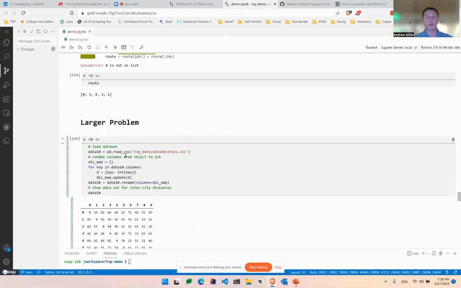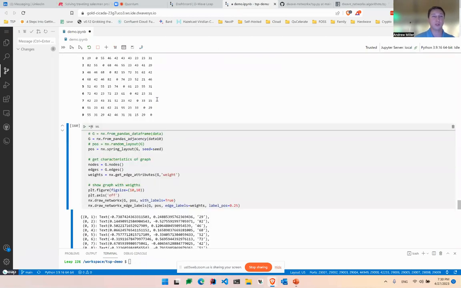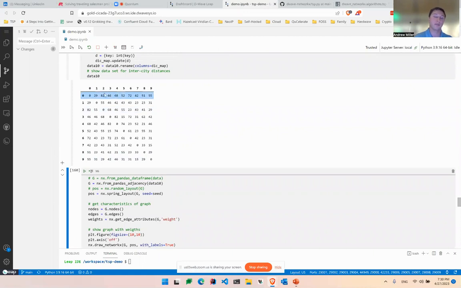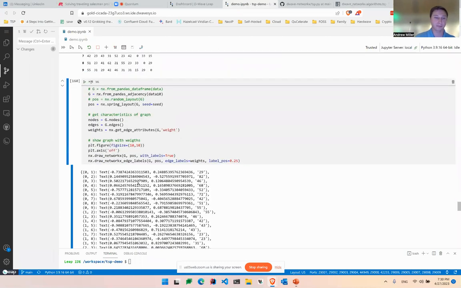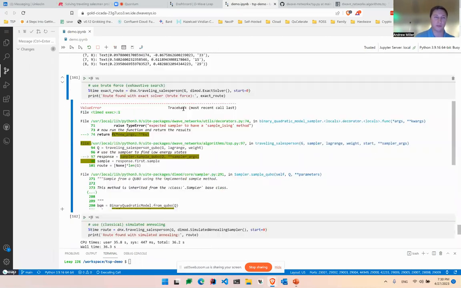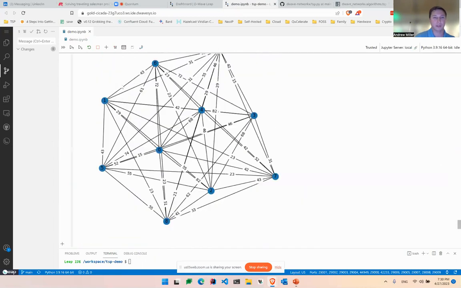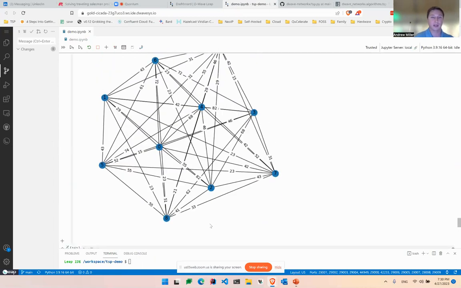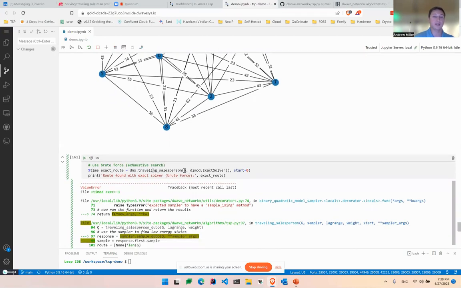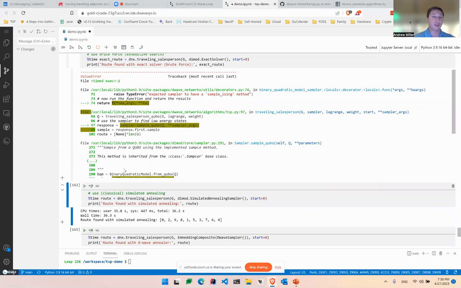Now I'm going to try to run a larger problem, which has 10 cities. So I'm going to load it from a file. This is the actual distances matrix, if you will. This is just something I used to build the graph. So this is what the actual graph looks like. And then this is going to try to run the exact solver. So I'm saying solve the traveling salesperson problem with the exact solver, and start city is city 0. And what's going to happen is immediately it's just going to refuse doing it, because it will say that